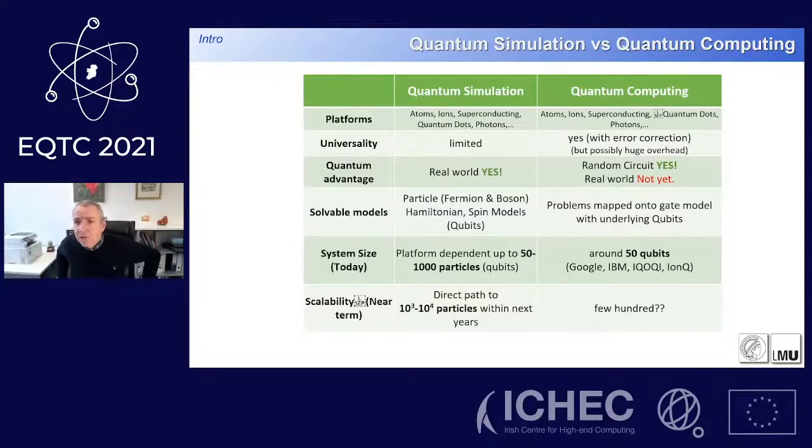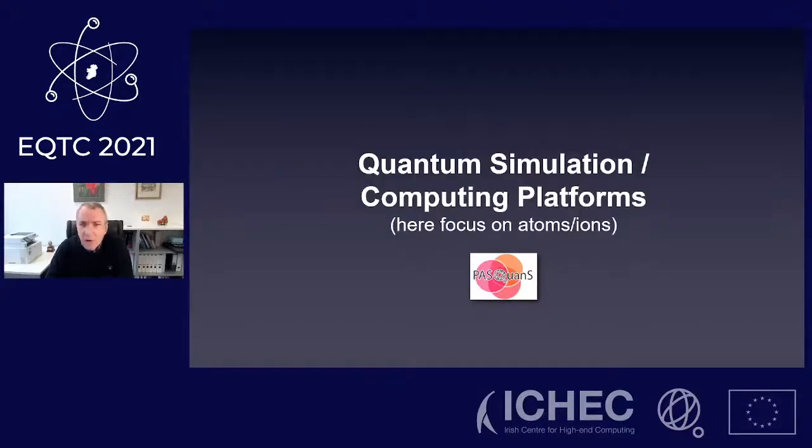If you look at the systems, it turns out that most of them are actually very connected. Almost on all platforms that are studied today, we find implementations of simulators and computers. As I mentioned already, universality is limited for the simulator, which can be true for the quantum computer. There are different kinds of models one looks at and different sizes of systems one can study on those systems, with the quantum simulations very often having less stringent requirements, and so you can go to larger system sizes in these cases. So let me focus on a few examples to go from the abstract model to show you